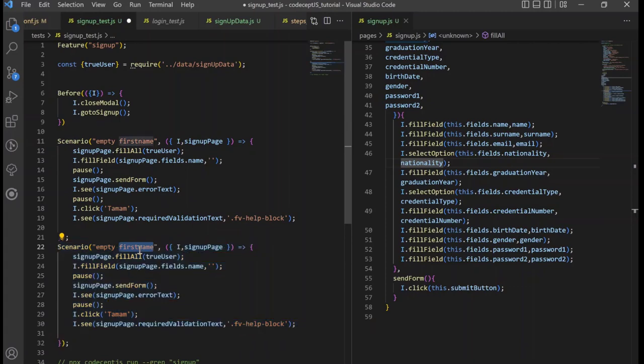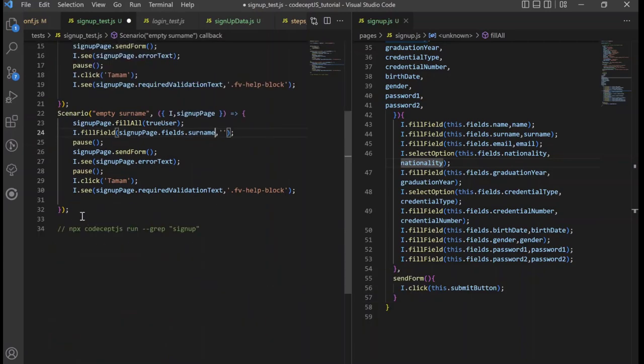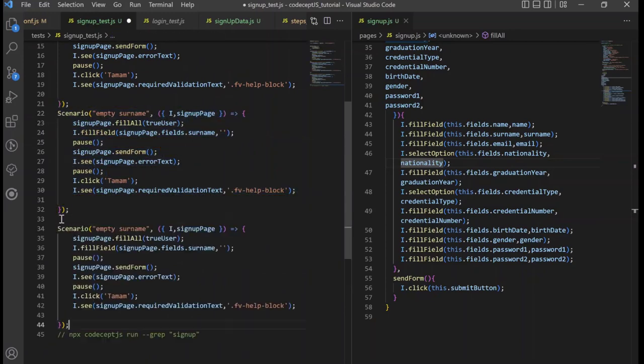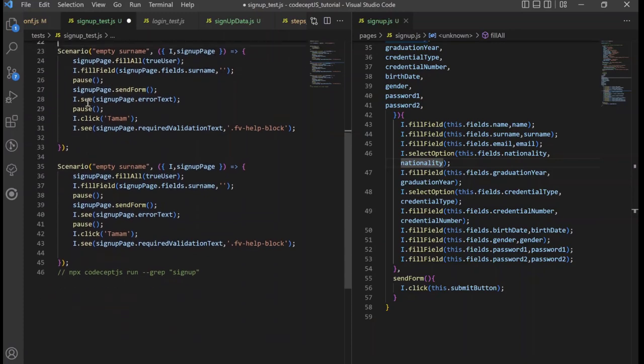Second test case is empty surname. So I will leave the surname input blank. Third test case is unchecked GDPR, so I will uncheck that checkbox.